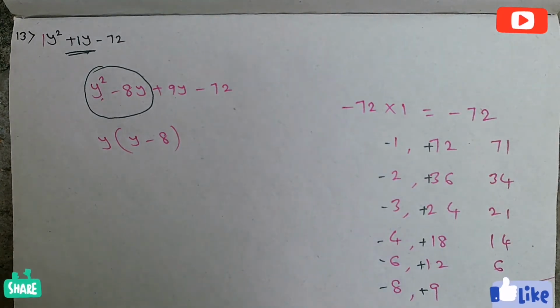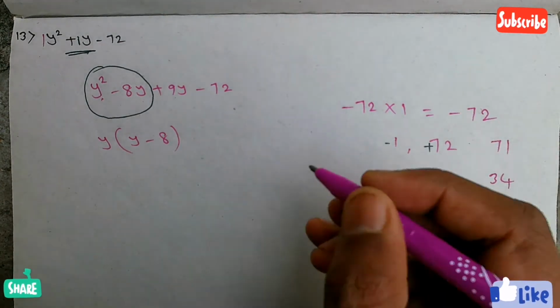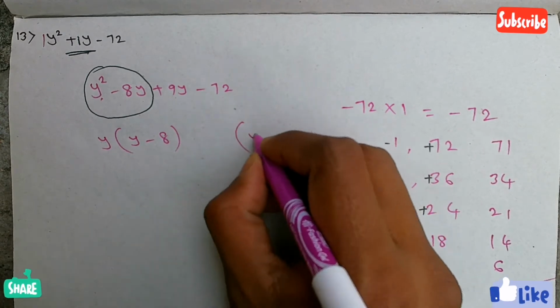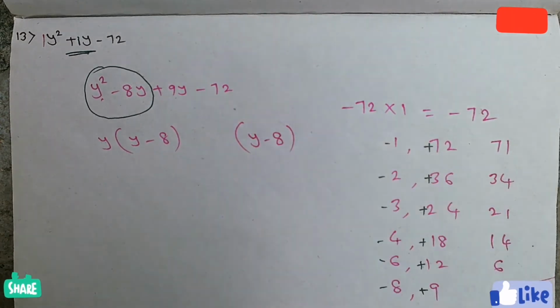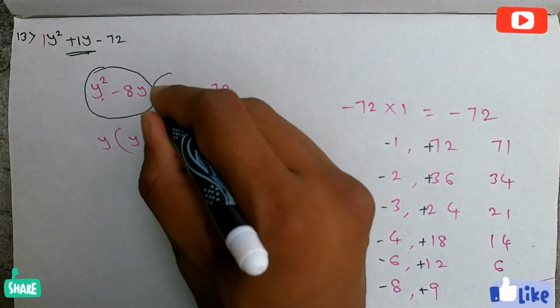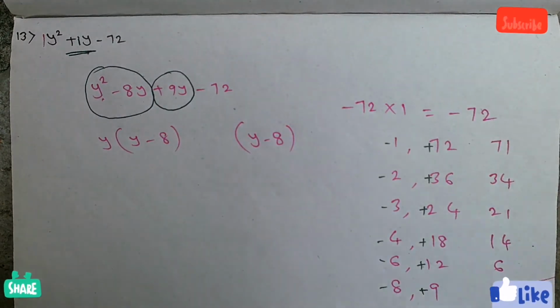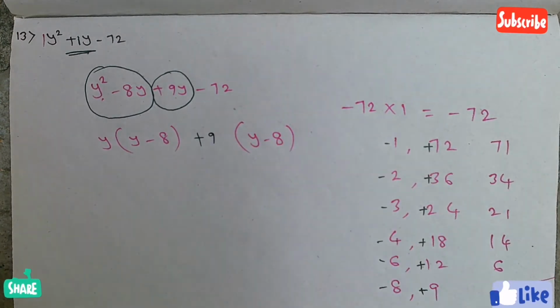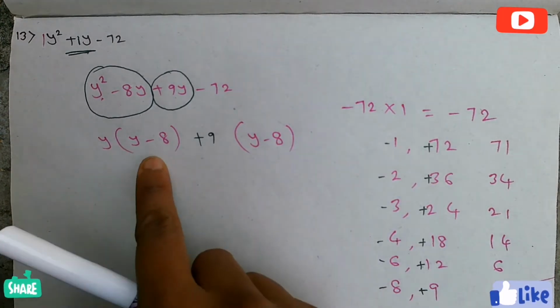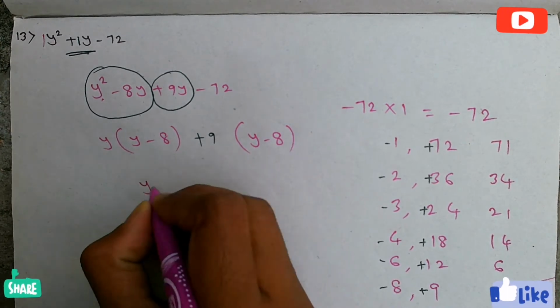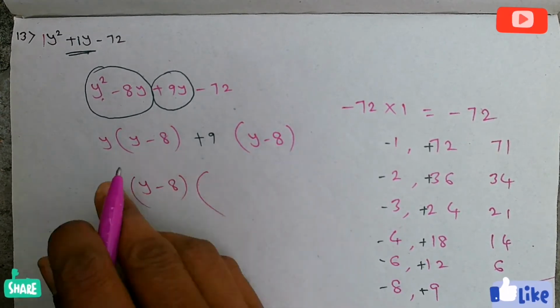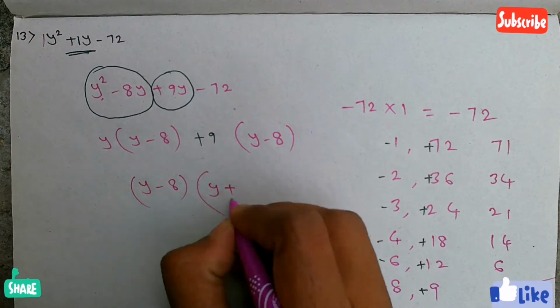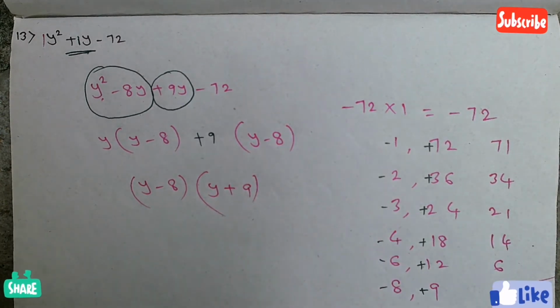Again from the third term and fourth term also we need to take something common. So after taking that common, we need to remain again with y minus 8 inside the bracket. So let us check what we need to take common then. If we observe the third term, it is plus 9y. Already y completed, so remaining is plus 9. Now y minus 8 is there, so write it once, times the remaining extra, y plus 9. So the factors are y minus 8 and y plus 9.